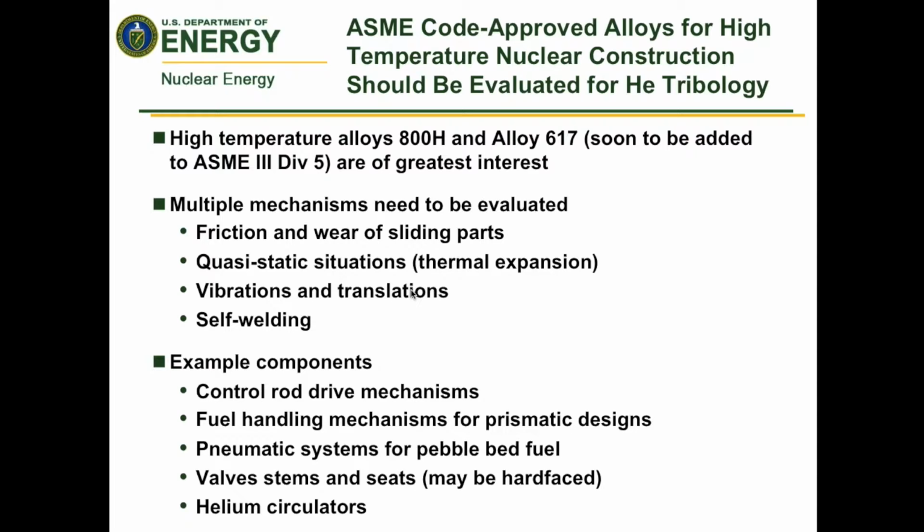Outside the core, alloy 617 is a very likely candidate. It's about to be codified in the very near future, will not be used in the core because of its high cobalt content. But there may be other materials, hard-facing alloys, there may be other bits and pieces in the circulators that are of interest as well. The types of mechanisms that we are concerned with are friction wear, quasi-static situations such as thermal expansion, vibrations, translation,